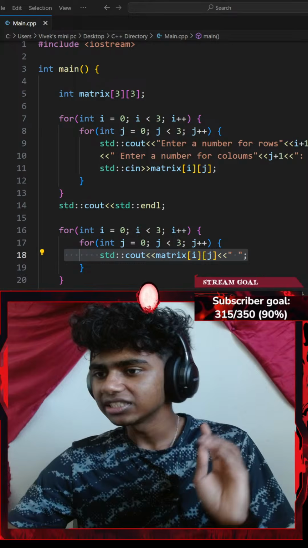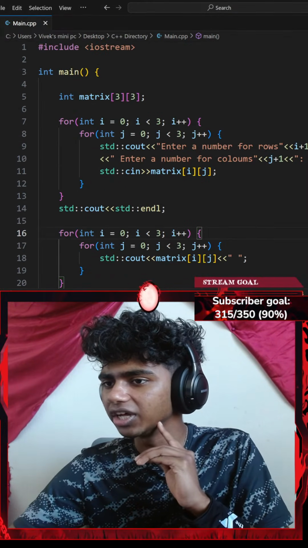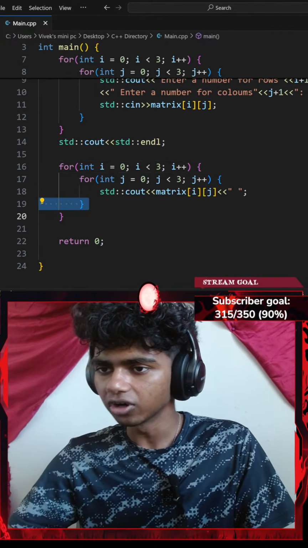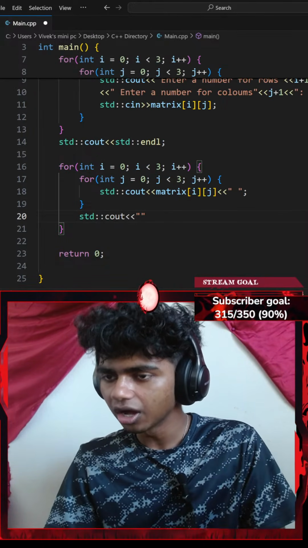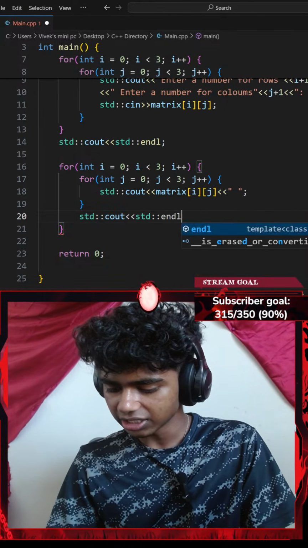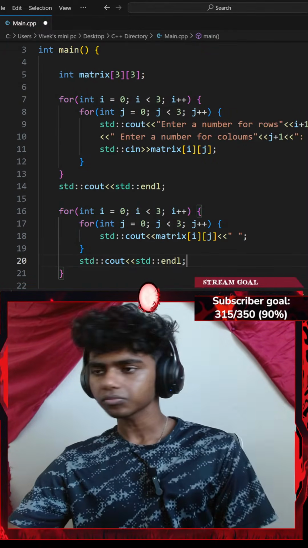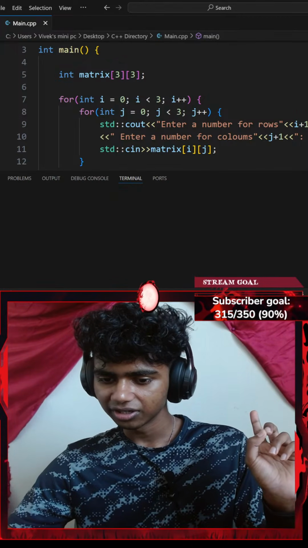Okay, let's see. So, where I messed up here. Okay, I think the only thing that I did mess up was right here. Okay, and after my for loop, I should go with a standard console output with an insertion operator of a standard end line. I think that was the only place that I messed up on. Okay, if I hit Control S to save the code and run the command,